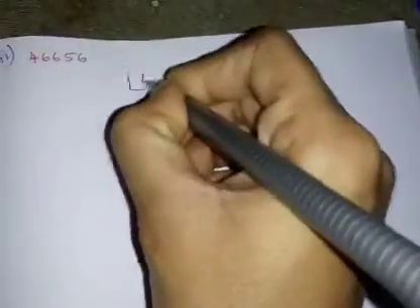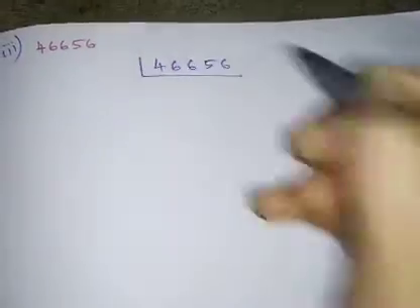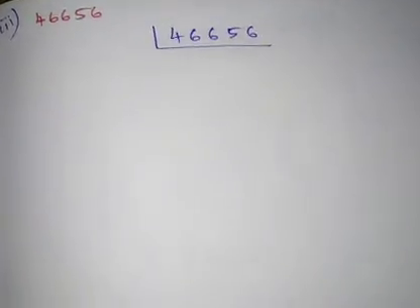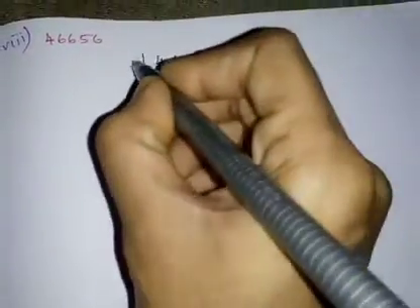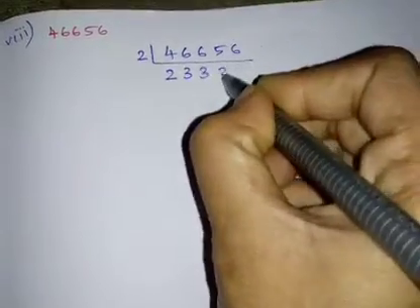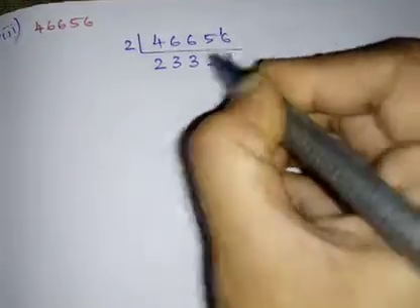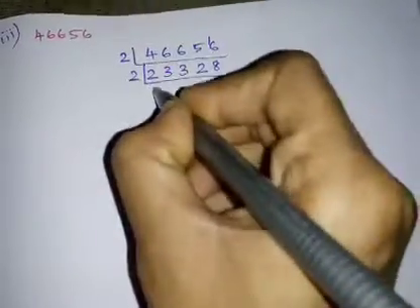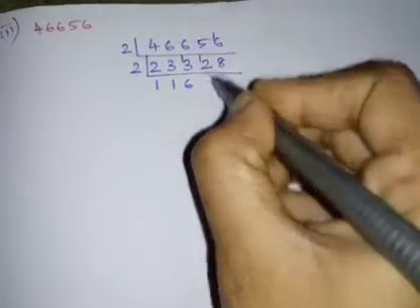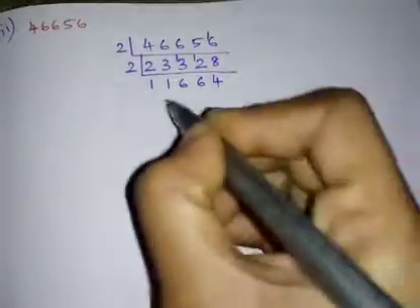46,656. Okay. We are going to do the prime factorization now. Just we are going to do the prime factorization of this number. So first, in which table will you consider this, children? You will take with the 2 table, right? 2 2s are 4, 2 3s are 6, 2 3s are 6, 2 2s are 4, 1, 8 2s are 16. Then again in 2 table, 2 1s are 2, 2 1s are 2, remainder 1, 6 2s are 12, 2 4s are 8.